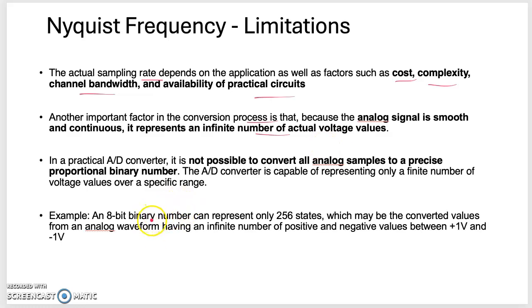So an 8-bit binary can only represent 256 states, which may be the converted value from an analog waveform having an infinite number of positive and negative values between positive 1 and minus 1. So imagine we are starting from, okay, let me try to draw this. I know I've done this in class. I just want everyone to have a second view of this in case they were not following in week 11 class. So basically I have this type of signal, and this signal is now going to be digitized using 256 discrete levels, and I can